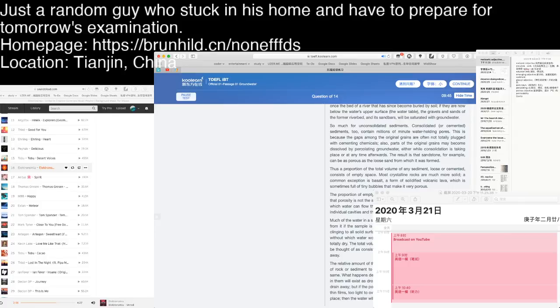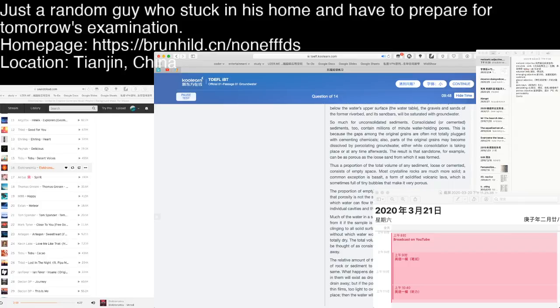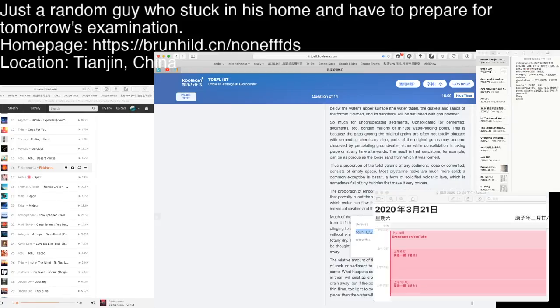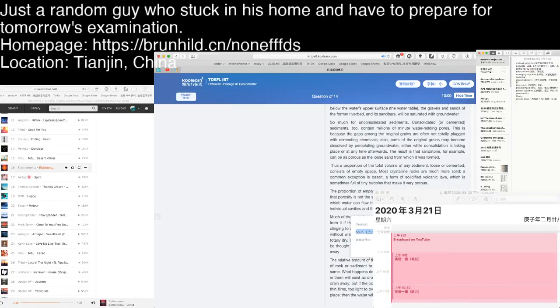No. Much of the water in a sample of water-saturated sediments or rock will drain from it if the sample is put in a suitable dry place. But some will remain clinging to all solid